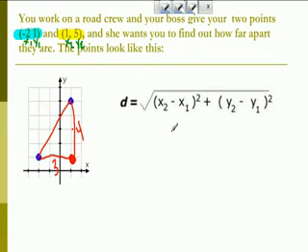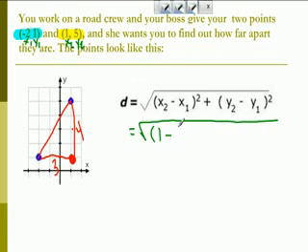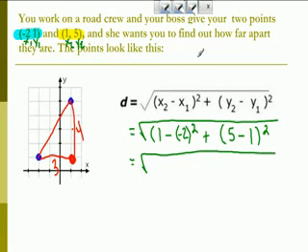So now all we have to do is plug in our numbers to our variables. Everything is going to go under this radical sign every single time. So x2 is 1 minus x1, which is -2, squared, plus y2 is 5 minus y1 is 1, squared. Okay, the next step, so all we did was substitute those numbers in for the letters. Now our next step is we're going to do what's in parentheses first, because in our PEMDAS, our order of operations,